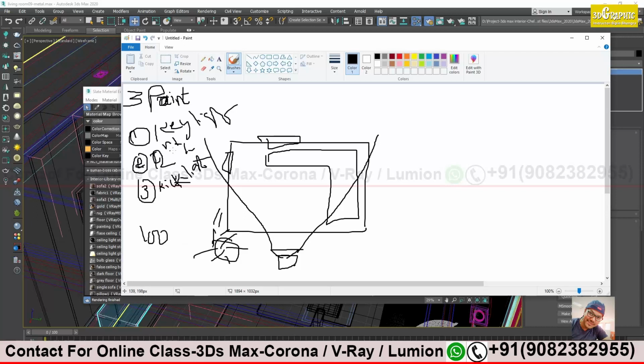The process I have learned says that first you apply your key light on the object. This area will be illuminated and you will see shadows over here.